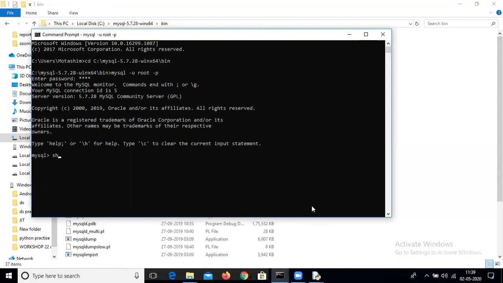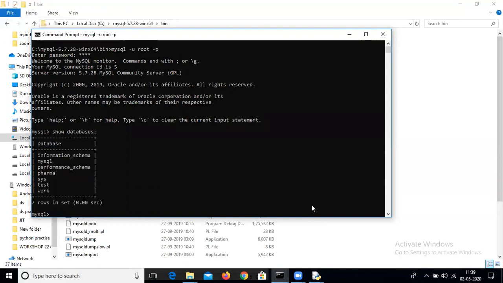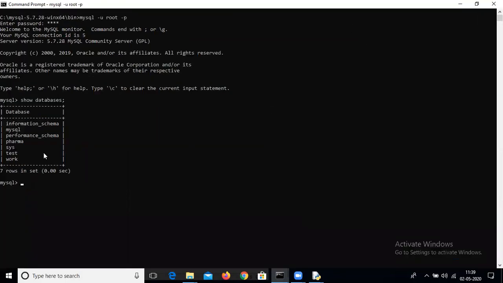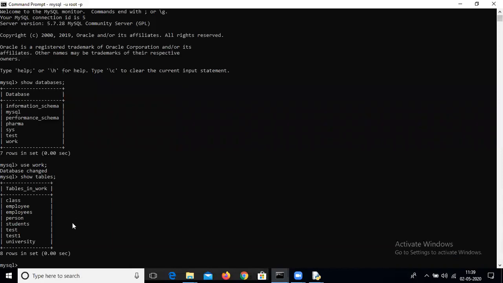Okay, show databases. These are the databases we have created. Here is our database, our database work. Is it visible to everyone? This is the database work. Now let me show where our table is. Here is the table. The person table is visible here.